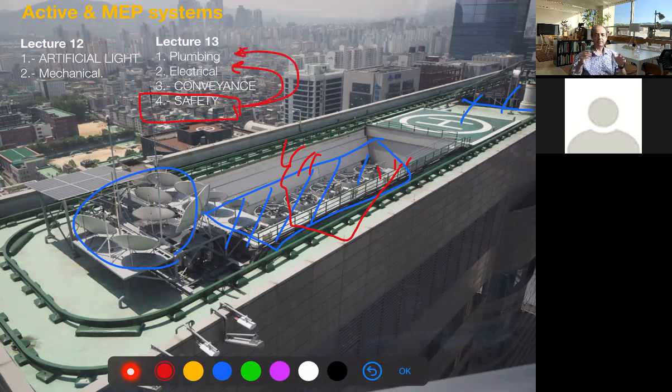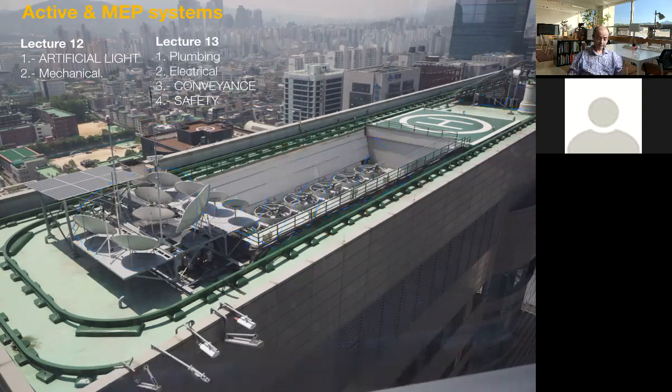But we are dealing more with the sense of safety by itself, especially in terms of design and passive egress or escape systems for inhabitants. With this, let's go into the lecture, and just remind you